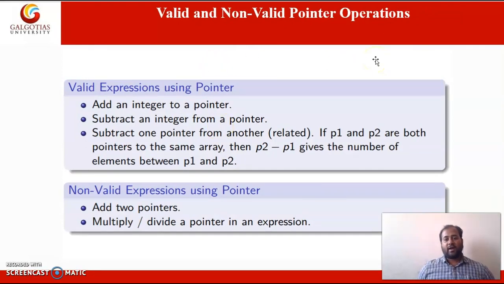So what are the valid and not valid operations using pointers? Adding an integer to a pointer is perfectly valid.